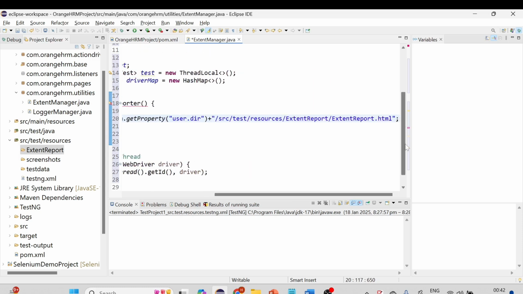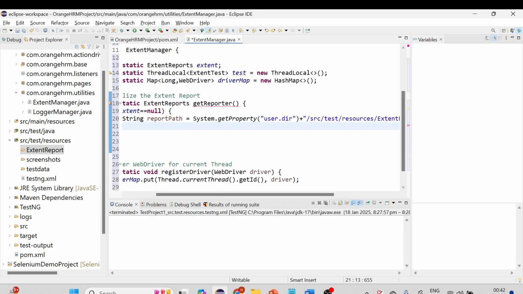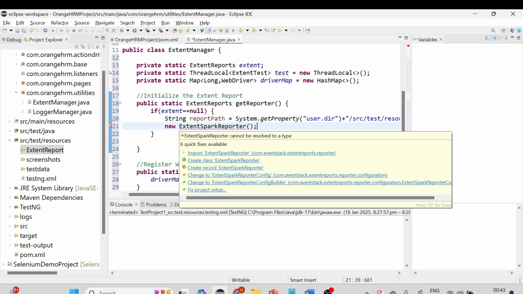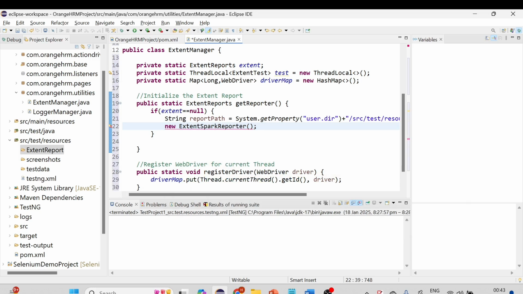And what is the next thing you need to do? Now we need to create the object of ExtentSparkReporter. Earlier we used to use ExtentHtmlReporter. Now we need to create the object of ExtentSparkReporter. It will generate the contents in the extent reports, right. We need to import this ExtentSparkReporter from com.aventstack.extentreports.reporter, correct. And here we just store it in a variable,